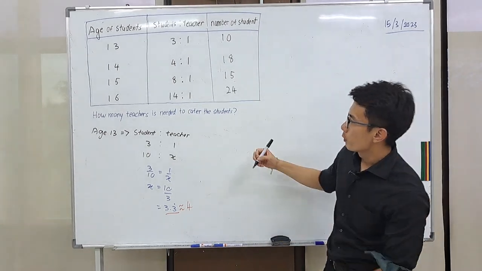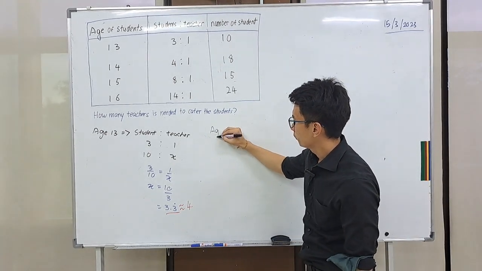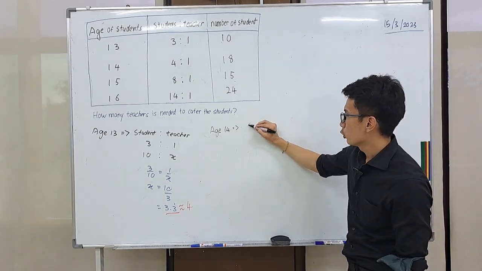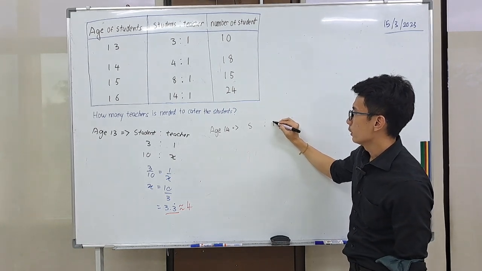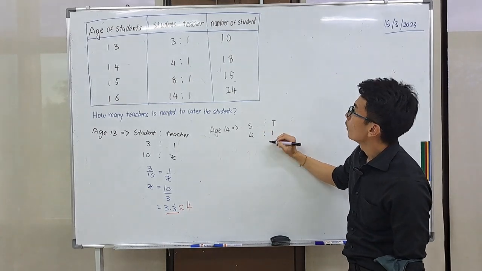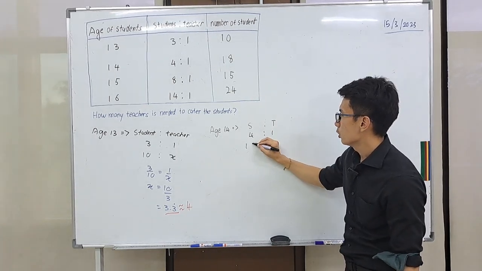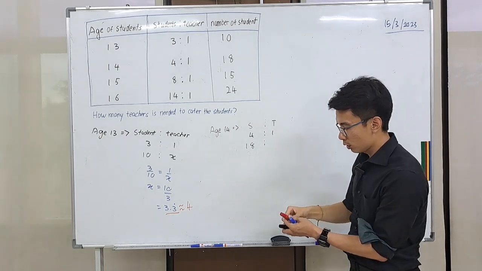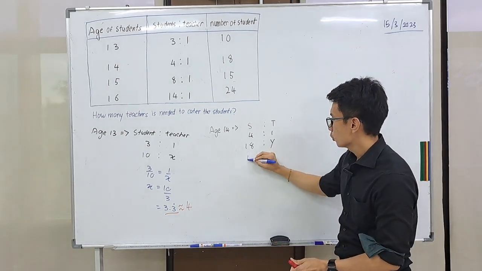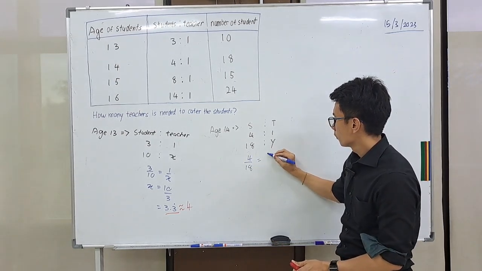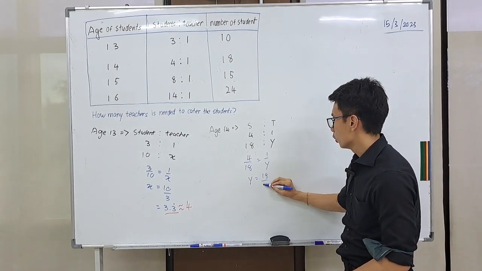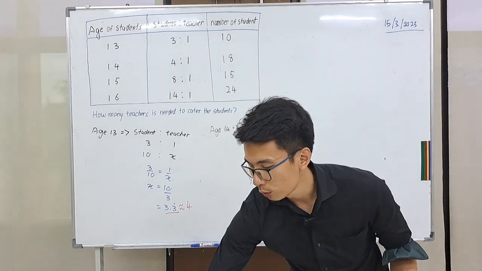My next age group will be age 14. Same thing, I will make my table. I have my students and I have my teacher, and then my ratio is 4 to 1. My number of students is 18 over here, and that's my unknown, so I'll choose another alphabet. Again, I will change this to an equation and quickly solve this. y will equal 18 over 4, and that will equal